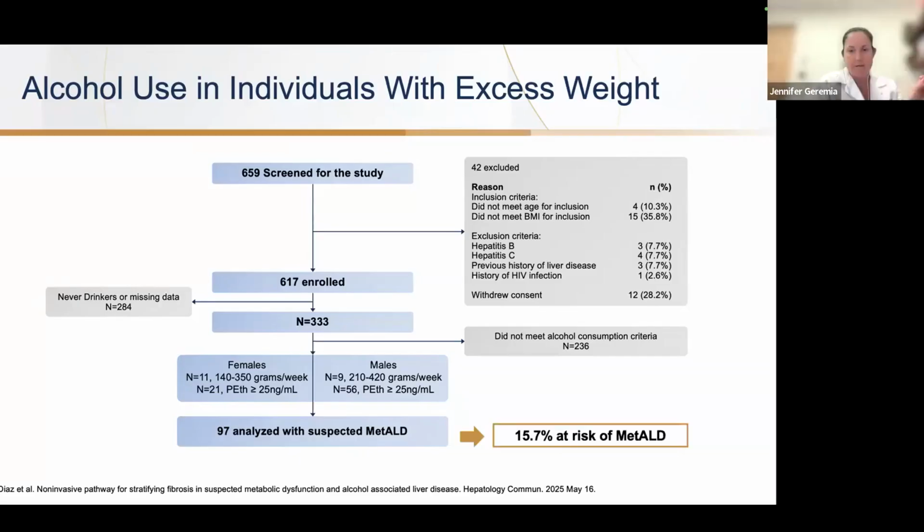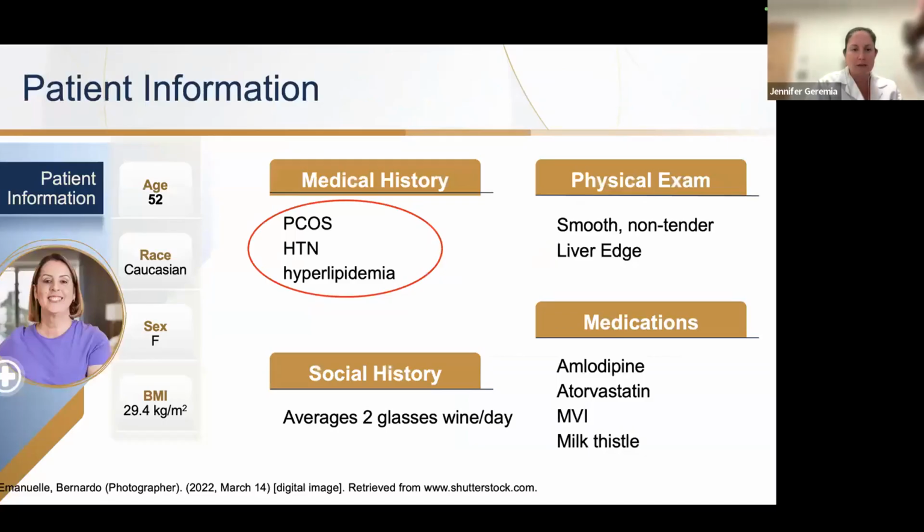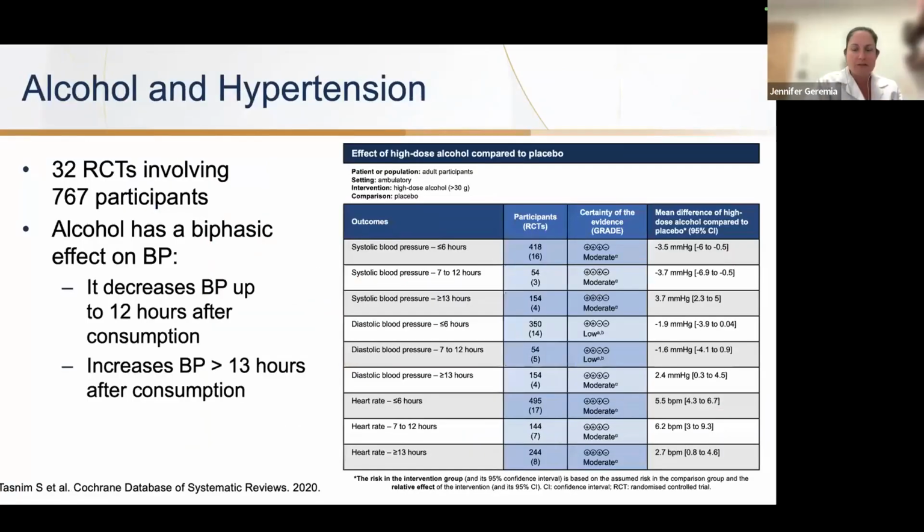So 15.7% of that 659 were at risk of being MetALD. Going back to our patient case, she has multiple metabolic risk factors, and the bidirectional relationship, so she also has hypertension. Looking at that cohort of the 659 that got whittled down, looking at a review of evidence-based medicine,